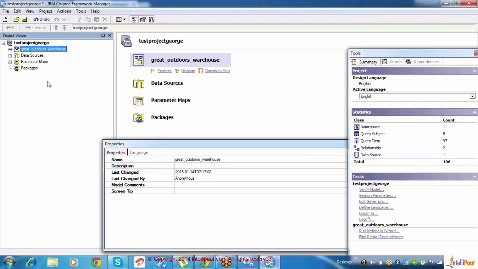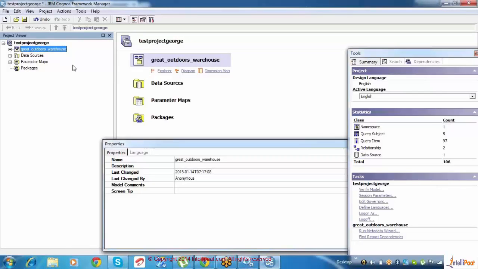So this is called as project viewer. This entire part will be called as project viewer, and this is called as object viewer. Some kind of joins, diagrams we can see over here. So this is called as properties window, and this is tools.